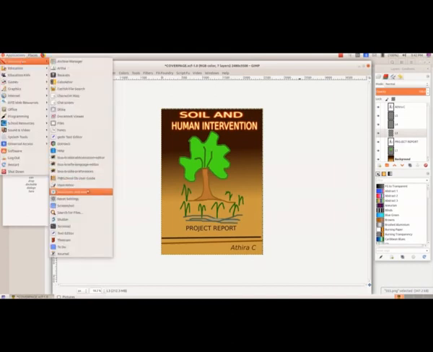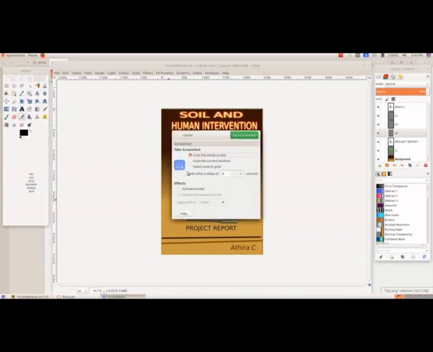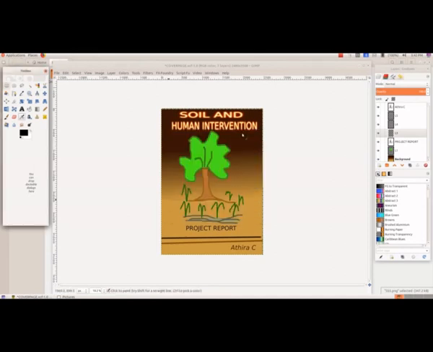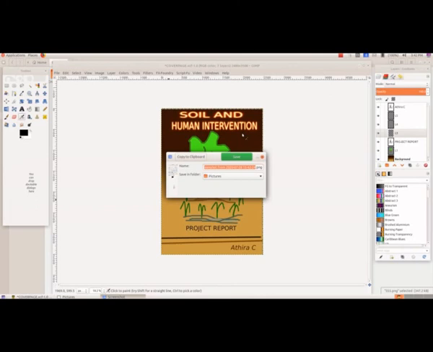So again from applications, accessories, screenshot, and we will select the second option, which is grab the current window, and again take screenshot.